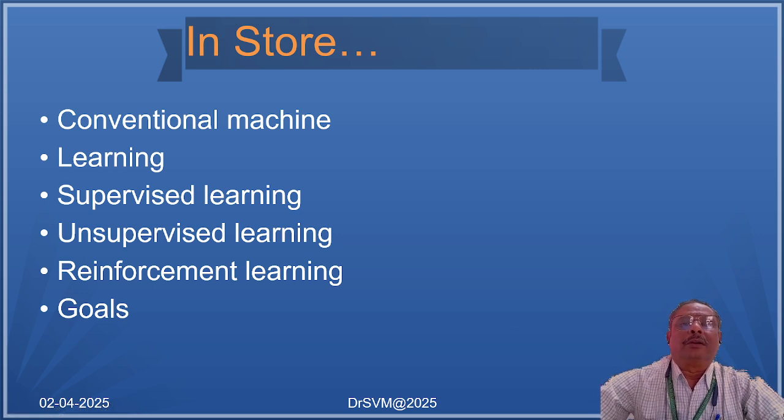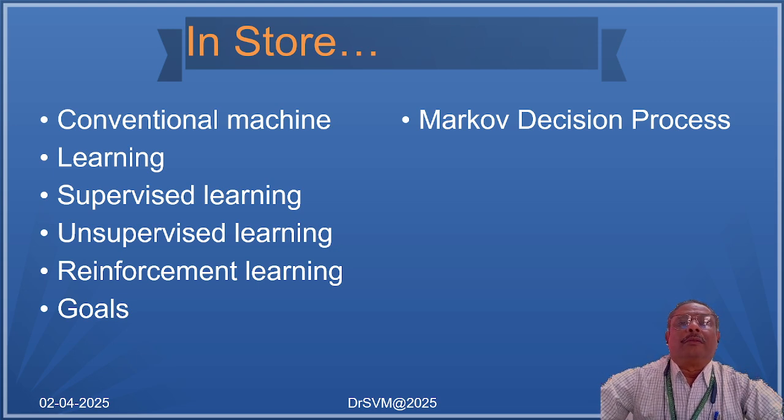Then we look at what goals we have while building robots and the requirement of reinforcement learning while building robots. When we deal with any situation, most of the time we come across uncertainties, and we want to introspect how we humans behave under uncertainties and try to mathematically model it. One such model is what we call the Markov decision process. We see the highlights of what a Markov decision process is, and then look at how this can help us in building